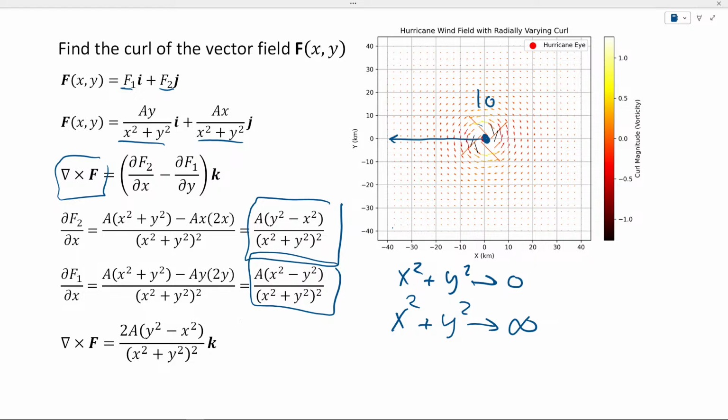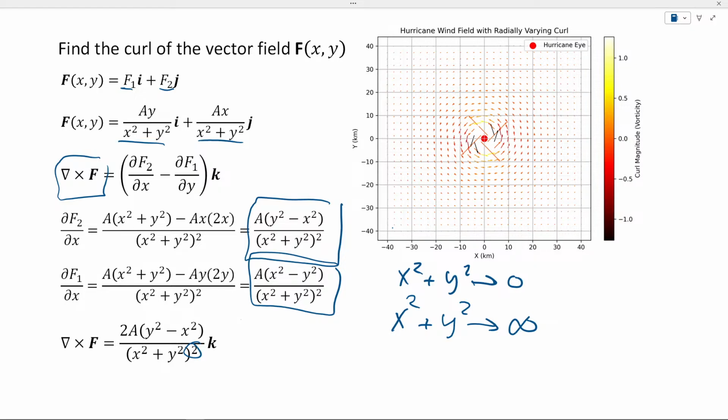So it would be very strong here. You get a strong non-linear relationship. Here it will still be very strong, but as you move here, it gets weaker and weaker. See how it dissipates quickly and gets weaker and weaker quickly because you have this non-linear relationship. So the curl changes with distance, reflecting how the hurricane will typically behave. Stronger vortices, stronger turbulence or rotation near the eye, and weaker